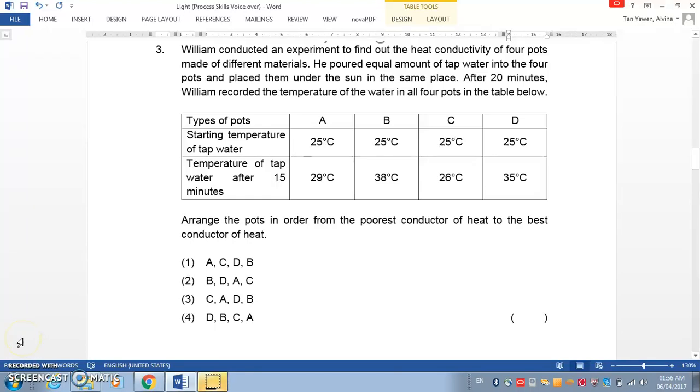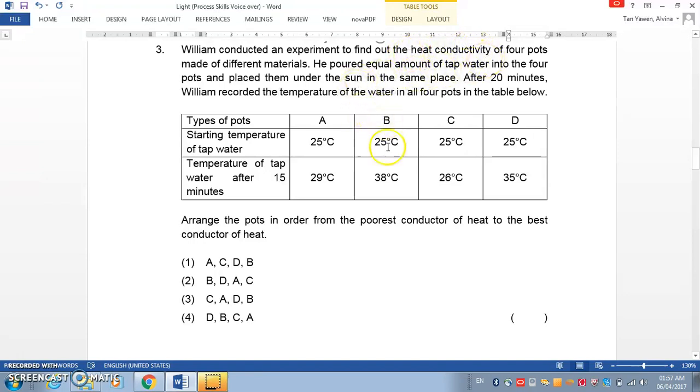Alright, we'll now go on to question 3. This is on heat, so take some time to read the question first. Alright, so this question says that William conducts an experiment to find out the heat conductivity of 4 pots